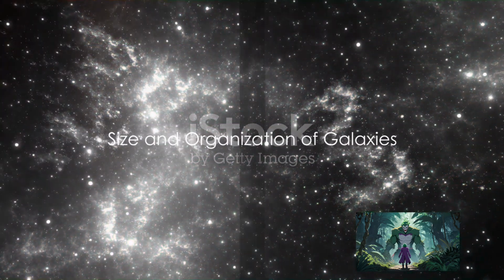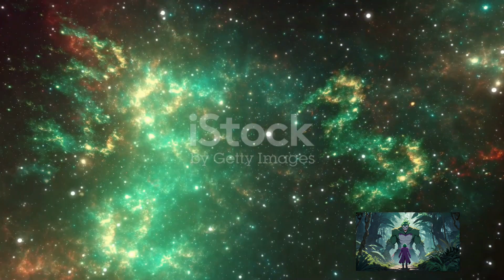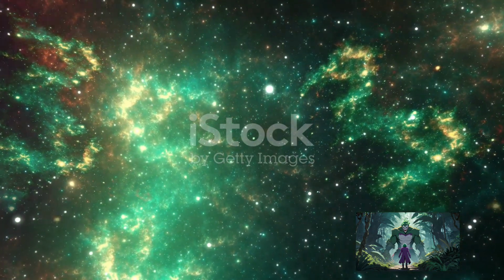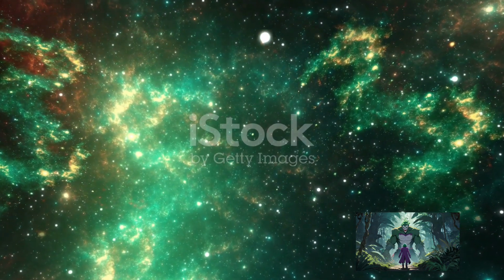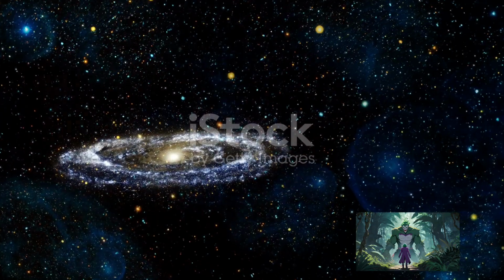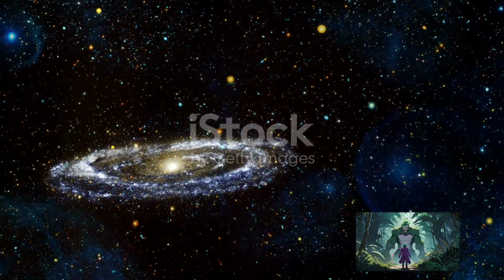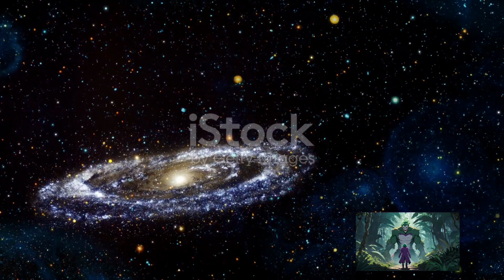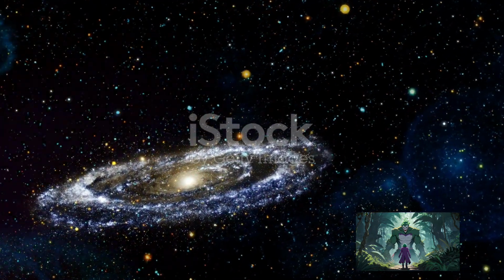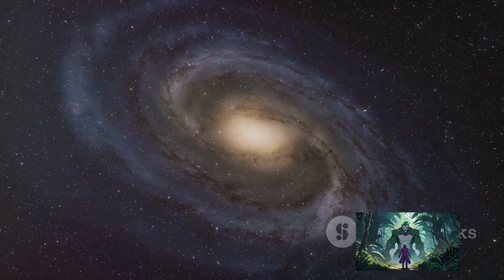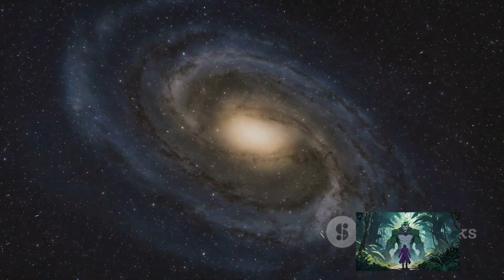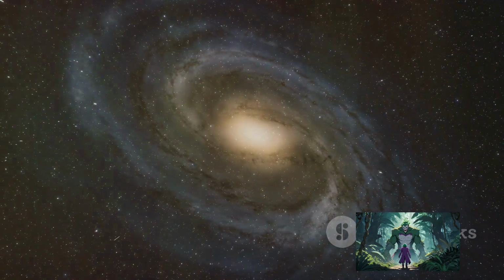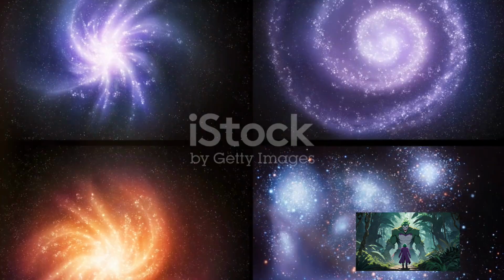Most galaxies are 1,000 to 100,000 parsecs in diameter, equivalent to approximately 3,000 to 300,000 light-years, and are separated by millions of parsecs, or megaparsecs. To put this in perspective, the Milky Way has a diameter of at least 26,800 parsecs, and its nearest large neighbor, the Andromeda Galaxy, is 780,000 parsecs away. The space between galaxies is filled with a tenuous gas known as the intergalactic medium, with an average density of less than 1 atom per cubic meter.